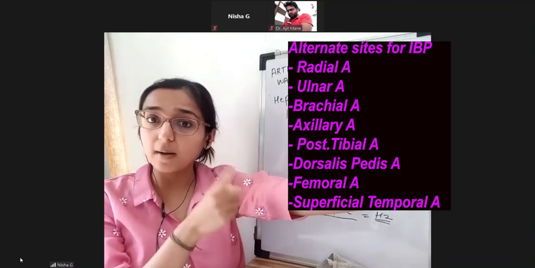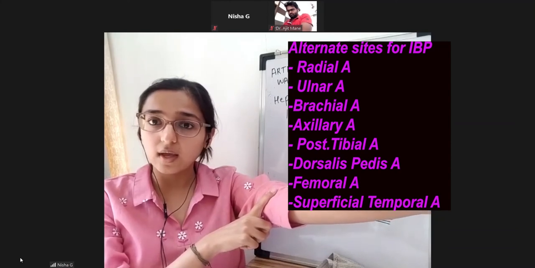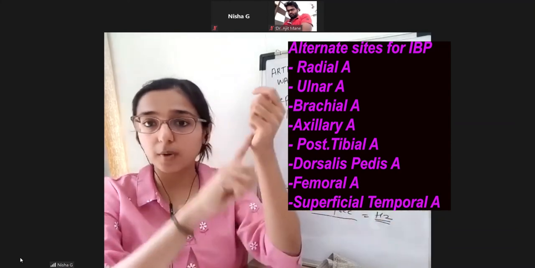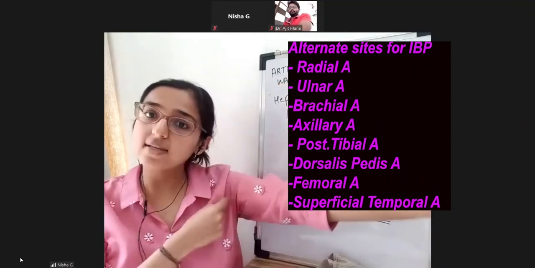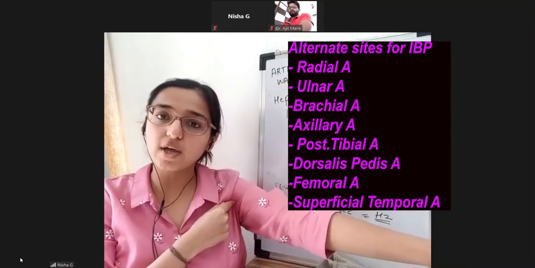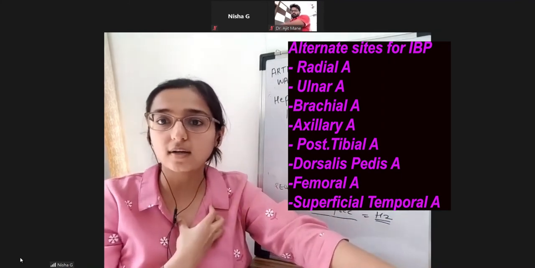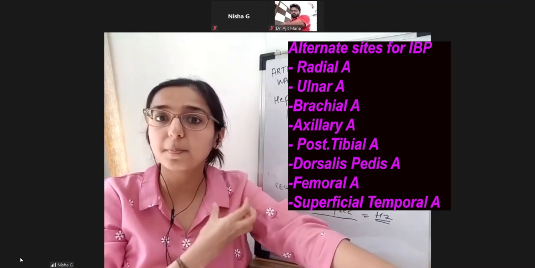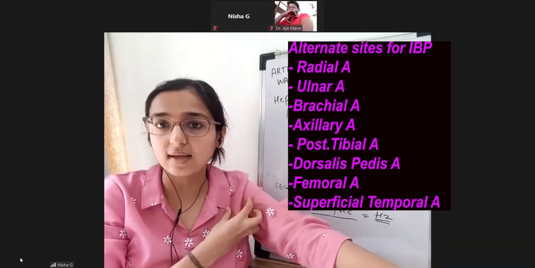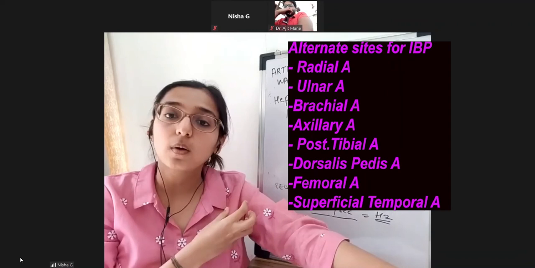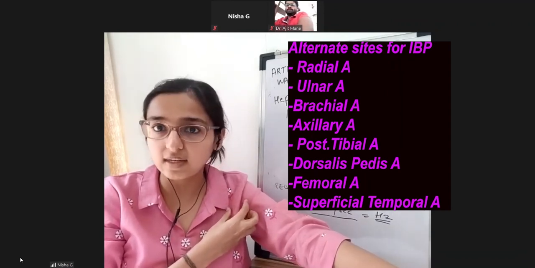So if you land up causing any thrombus or something in the brachial artery, and the brachial artery is gone, you're going to really compromise the circulation of the forearm and hand. Axillary artery is fine. It actually gives you the central pulse because it's closer to the heart, so the central BP value is more accurate over here in the axillary artery. And the chance of axillary artery to have a thrombus or other issues is very less.